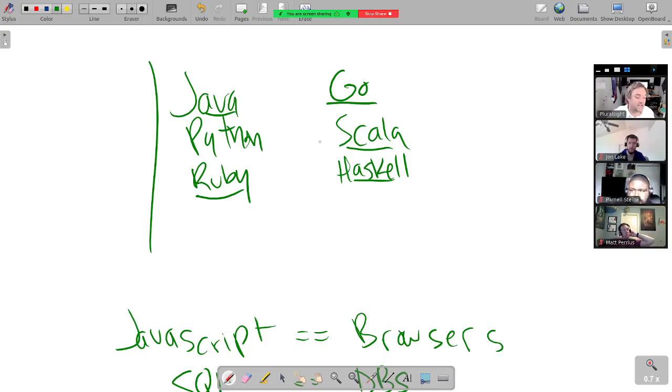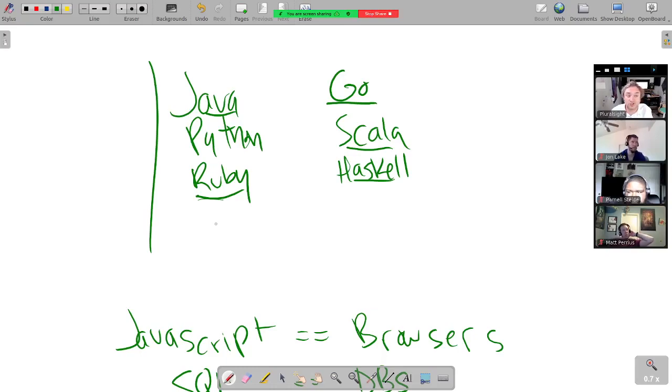Android native code is all written in Java. I don't see it as much on the web now as I used to, except for Spring Boot. And I really only see Spring Boot at a certain scale of company because it's more efficient than the equivalent, like Rails would be a direct equivalent to Spring Boot. Spring Boot is a lot more efficient than Rails.